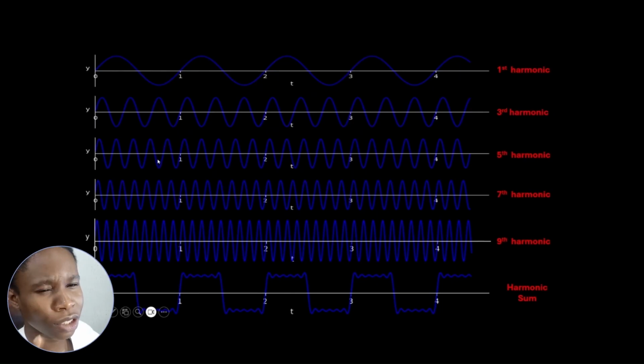Now, the second question I want to answer is why do you need these harmonics? Have you guys ever really listened to Twinkle Twinkle Little Star and the alphabet song? Almost the same soundtrack. If you give this to a model at face value, the model might not be able to tell the songs apart, especially music recognition models like Shazam. But if it's able to break this down into harmonics which have distinct frequency components, it is able to give each song a unique fingerprint whereby it can compare it with a huge database